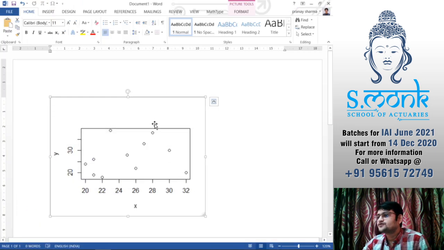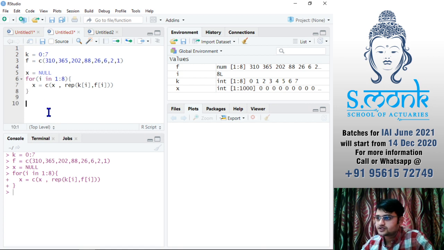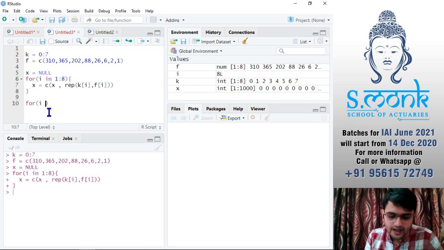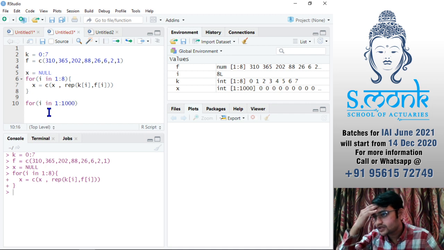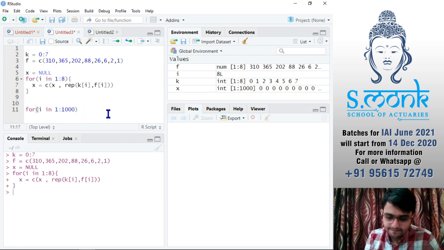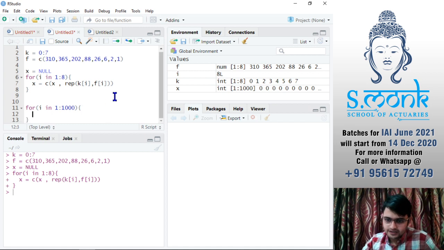Okay, instead of showing, I'll just show you here. If I want to estimate a value from this, for that what we'll do is we'll need a loop. So for i in 1 to 1000. So let's say we are doing 1000 iterations for simulation. Okay. First of all, I'll need a random sample. So for random sample, I need a random sample out of this sample already given to us, that is X.